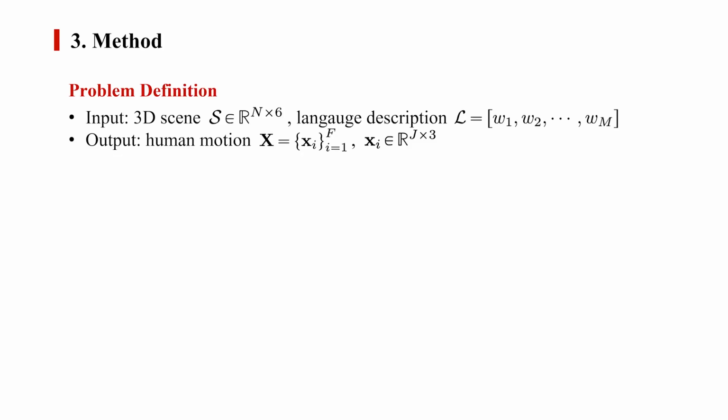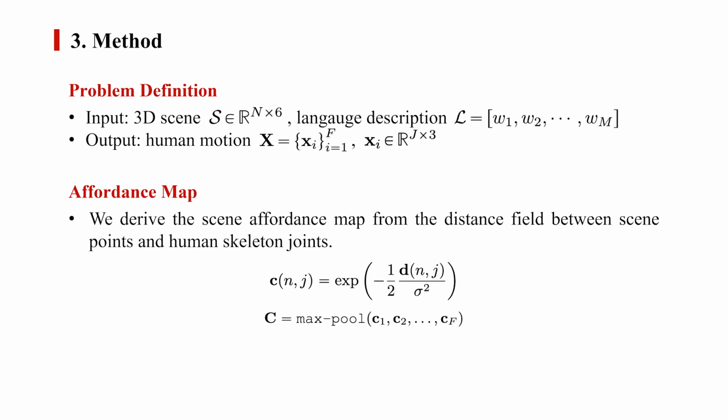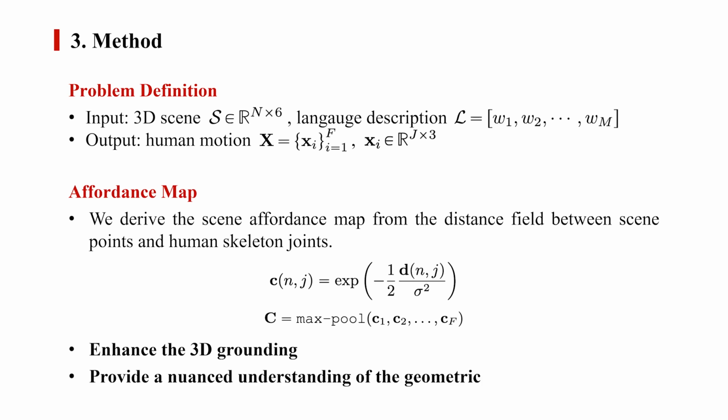Given a 3D scene point cloud and language description, our goal is to generate a plausible motion sequence. To address the aforementioned challenges, we propose to utilize the scene affordance map as an intermediate representation. Derived from the distance field between human skeleton joints and scene surfaces, this representation offers two key benefits. First, it precisely delineates the region grounded in the description, enhancing the 3D grounding even with limited training data. Secondly, it provides a nuanced understanding of the geometric interplay between scenes and motions, aiding the model's generalization across diverse